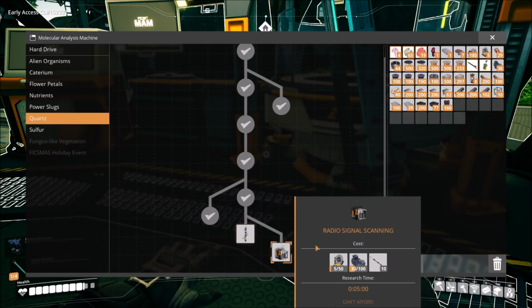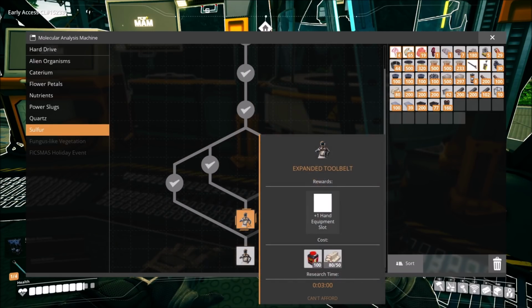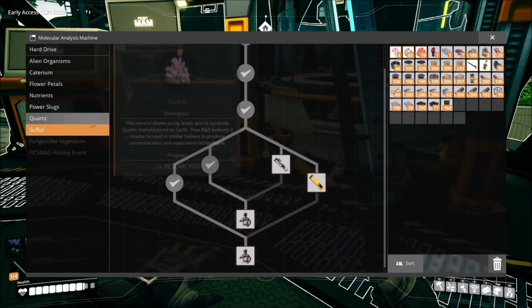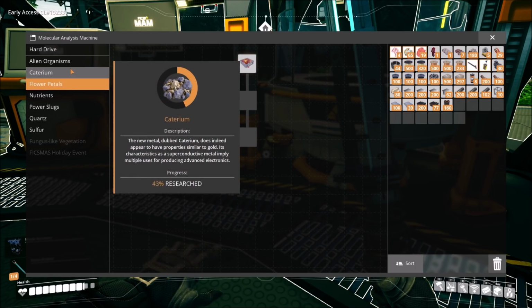And then also there's radio signal scanning, which I'm pretty sure... Oh, I hate that this thing is going to be all stupid about how it's going to show me what it does. I want to say this lets me scan for hard drives. Is that what this does? Lets me scan for hard drives? Not 100% sure, but I feel like that's what it does. Cool. Anything else in here I want to do? I wouldn't mind unlocking the expanded tool belt and all this stuff. That looks cool. Pocket dimension. Yes, yes, yes. There's still lots of things to analyze and scan and do all the things with, so...